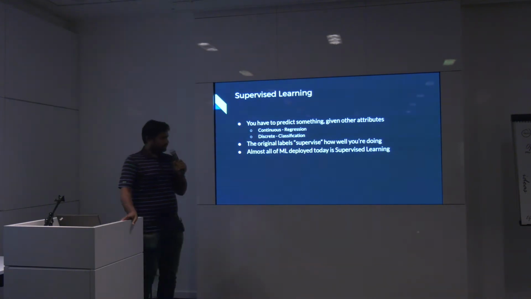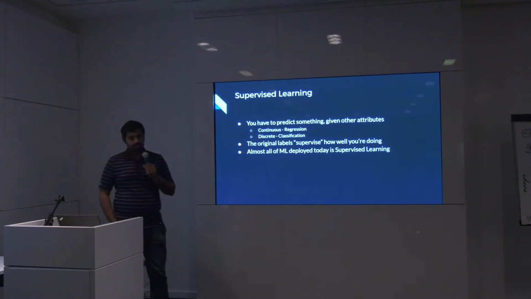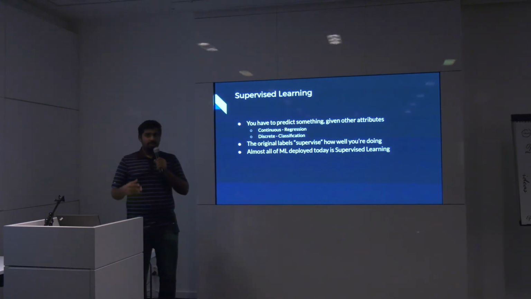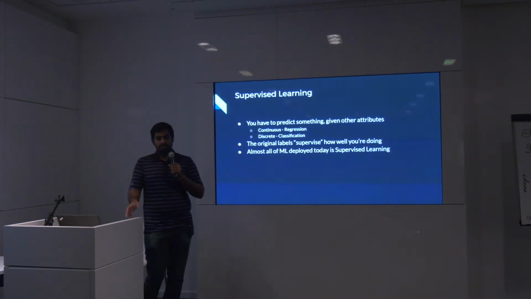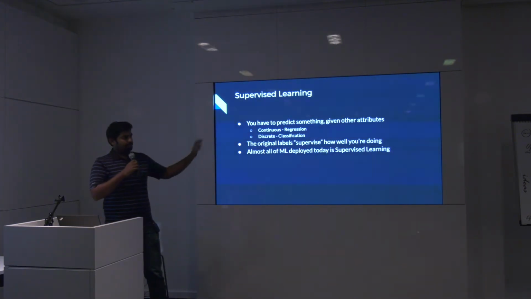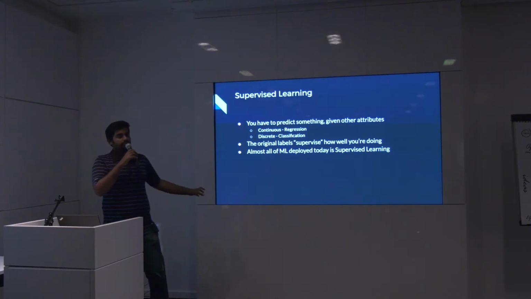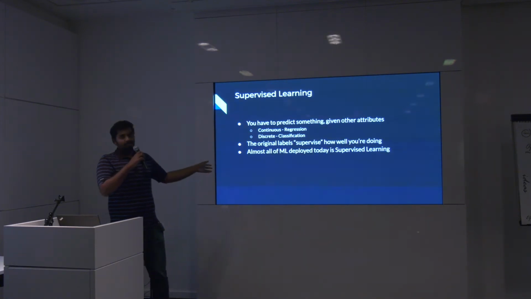Supervised learning is really important because almost all the machine learning that's deployed in industry is based on supervised learning. For example, Google Translate uses supervised learning. Google Photos uses supervised learning as well. Common examples like whether a credit card transaction is a fraud or not are supervised learning. So if you don't understand any other part of the talk or don't care about the other parts, I think you should focus on supervised learning because there's a lot of promise and a lot of money to be made here.